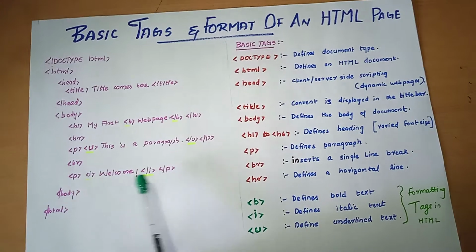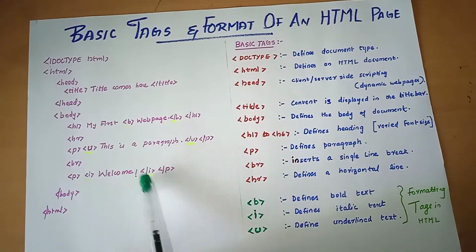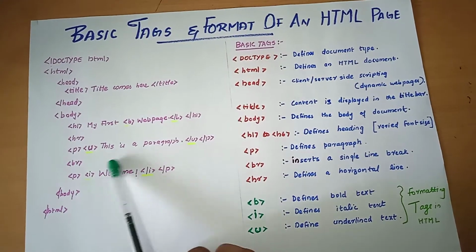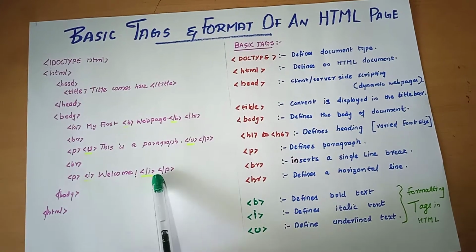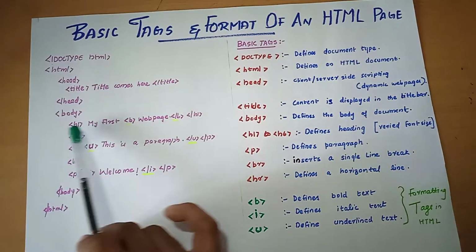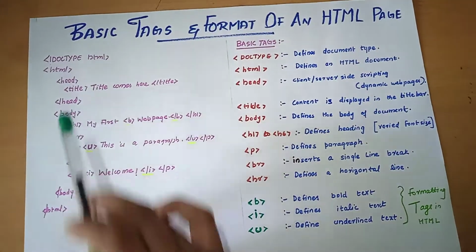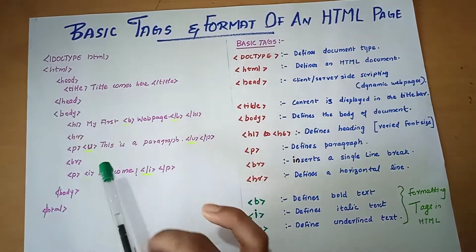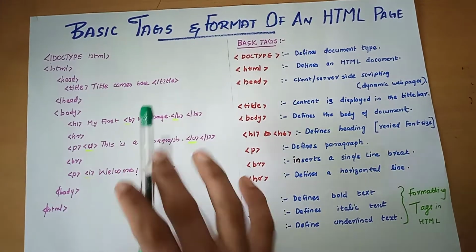And again we can see the paragraph tag. Inside this we can see another tag, that is I, that means italics. So welcome is to be displayed in italic font. Okay, so that's all about the body contents. When we are done with the body contents, we can close that and also our HTML. So this is a basic HTML code to develop a simple web page.